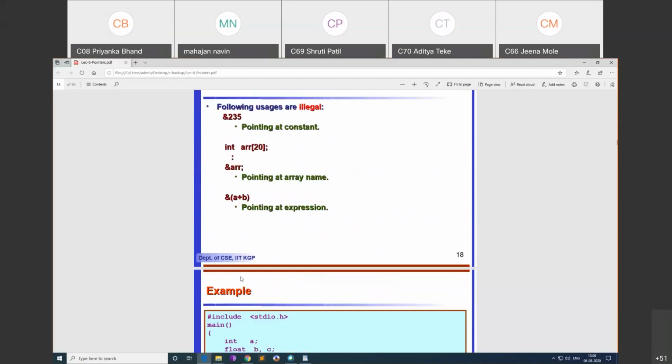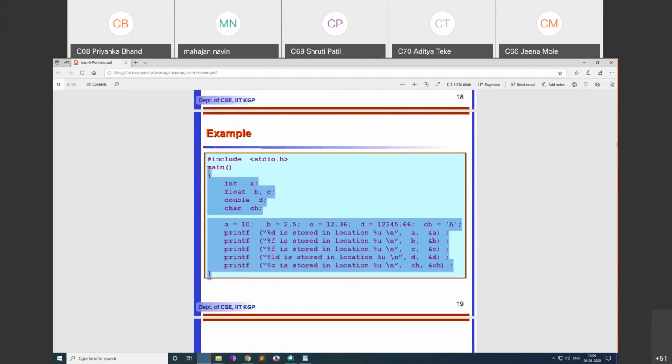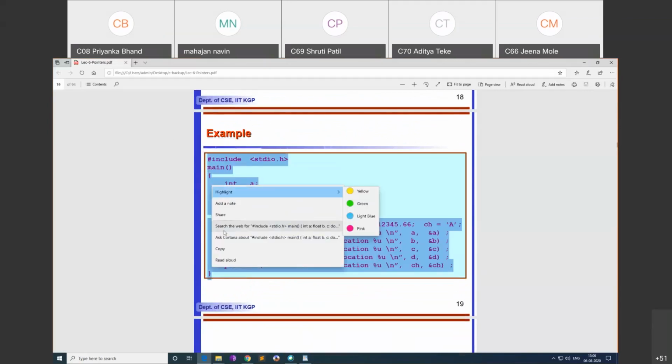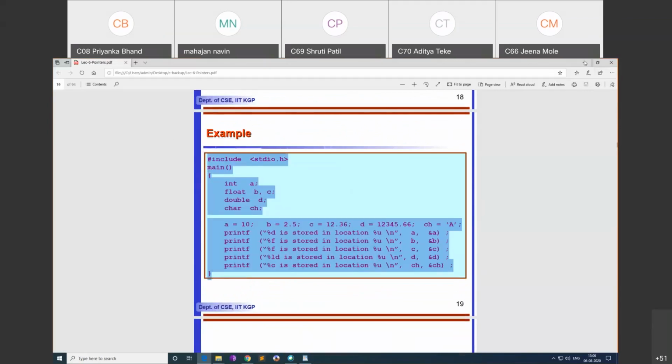Okay. Now we want to type this program, so we will not waste time. We'll just copy paste it. So this will work faster.